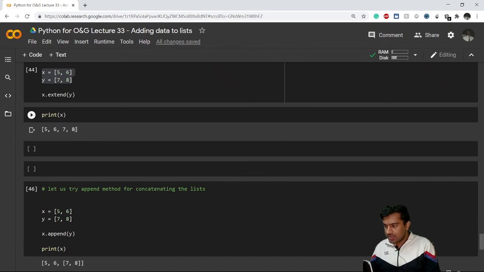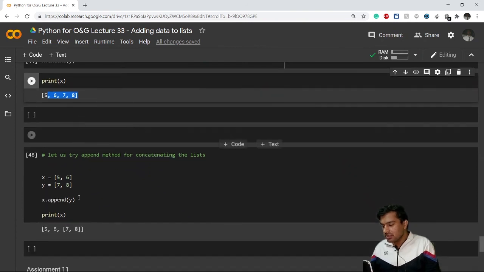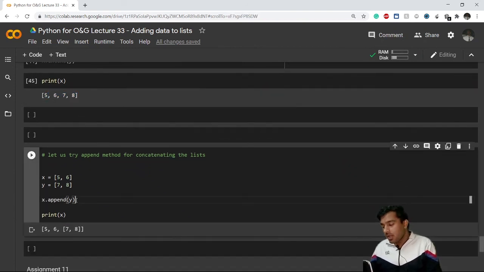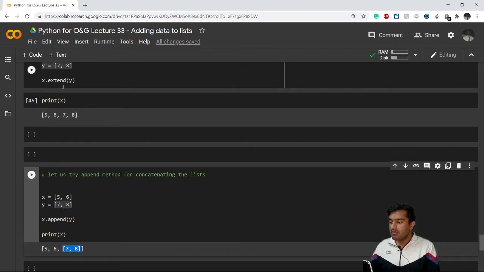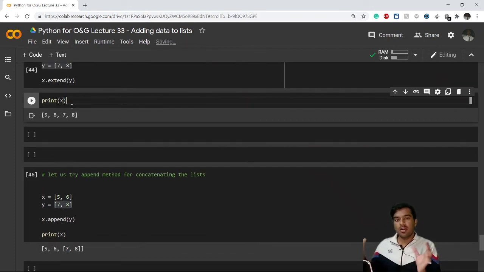In this case of extend, we were getting each element like 5 6 7 8, but in this method if we use append method, it is considering this whole list as a single element. So you see there's a list inside a list. This 7,8 list is being treated as a single element if we use append method. So that is why it is preferable to use extend method whenever we want to unpack the list and add all the items to the existing list.